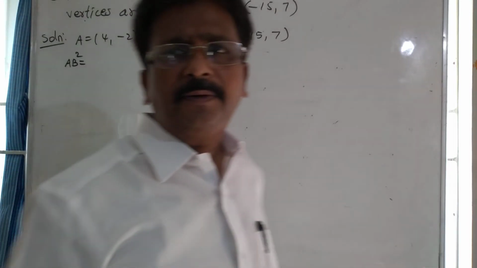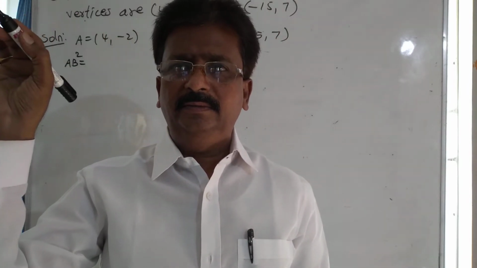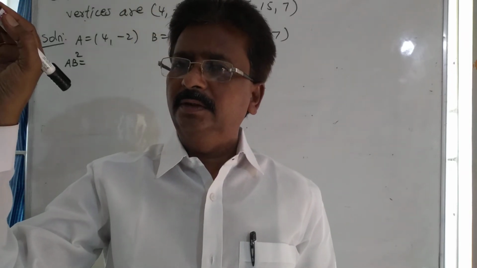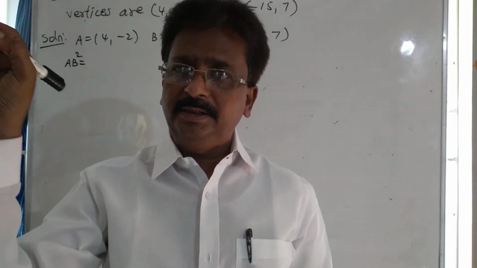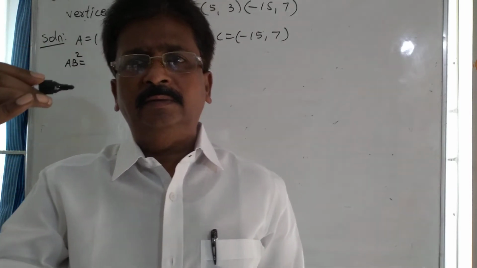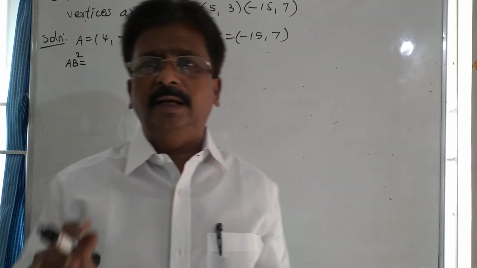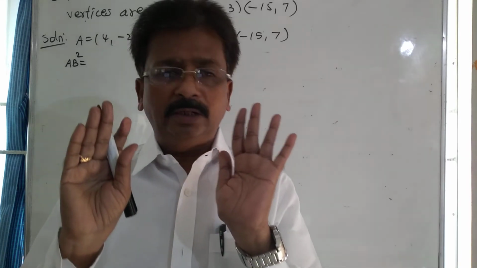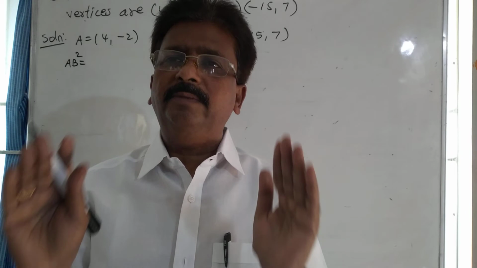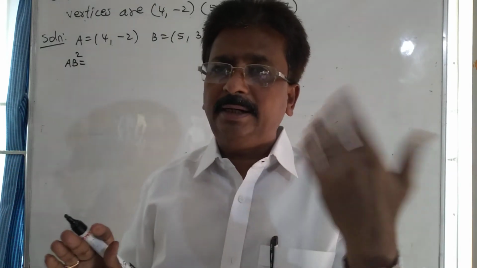The AB formula, the distance between two points, contains the square root. If you write AB square, no need to write the square root. It is awkward on our page, so we better avoid the square roots. Therefore, I am writing AB square. The AB square formula: don't take the square root, just (x1 minus x2) whole square plus (y1 minus y2) whole square. Don't put the square root because we are writing the square.